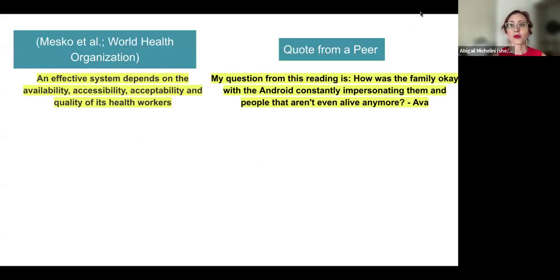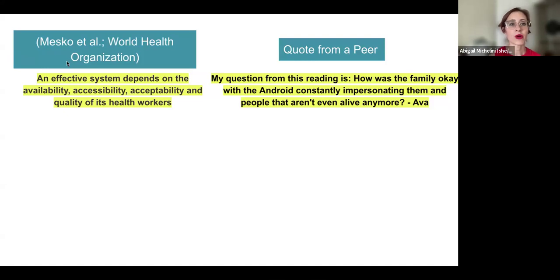Okay, so what I've done here on the left is I've combined those 2 quotes because they were really saying the same thing. I found where the World Health Organization was being quoted in Mesco et al. So what I do is I cite both of them in the parentheses because they both said this. And that just makes my point stronger, because it means not only did Mesco et al. say this, but another source said this as well. And they're both valid sources, so it makes me look better and smarter, right? More people backing up what I have to say.